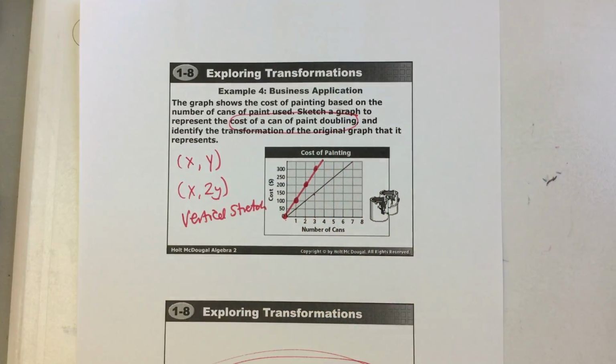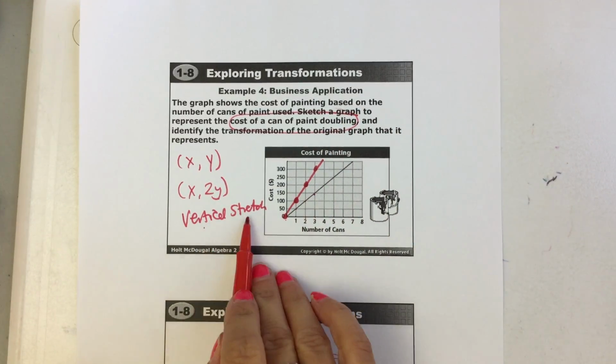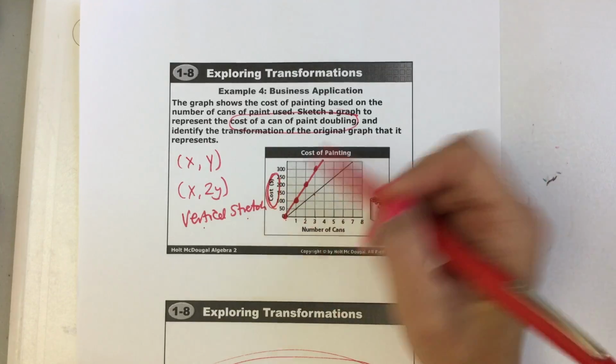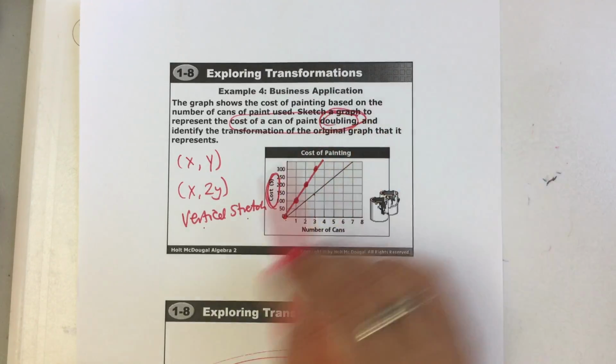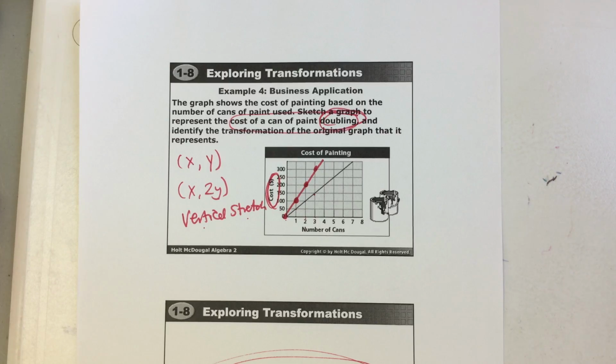So you can see that it just got steeper. This is a vertical stretch because you multiplied the cost by a number bigger than 1. You doubled it, meaning you took it times 2. That, my